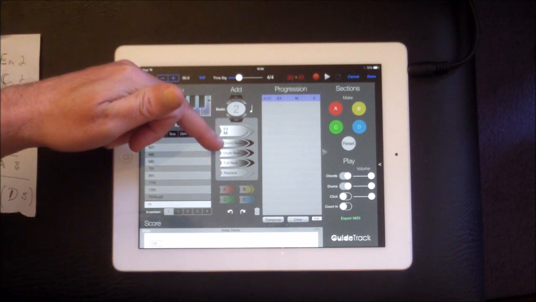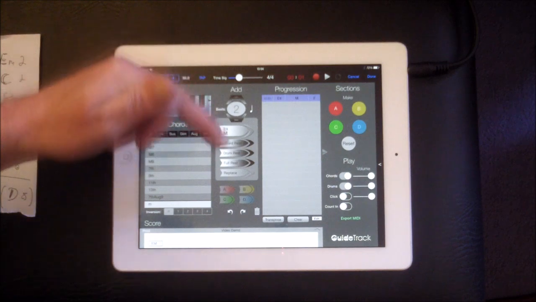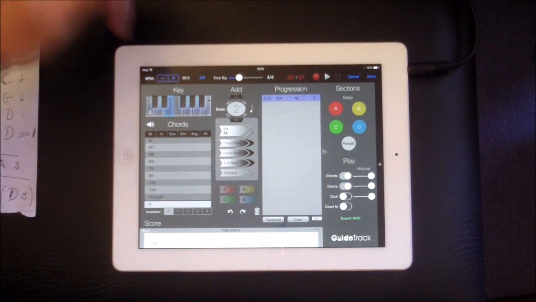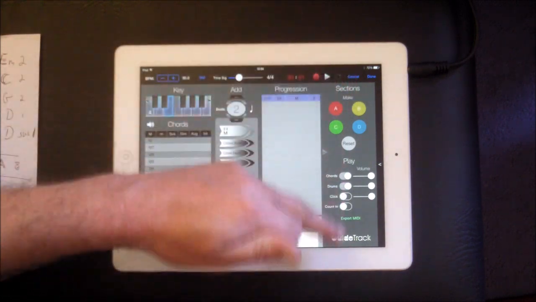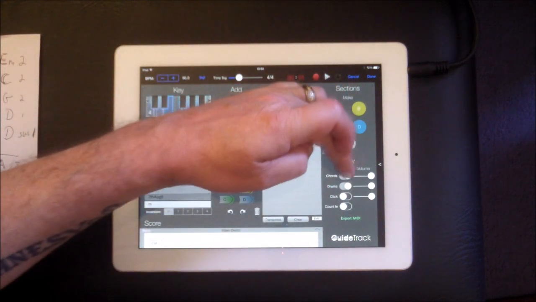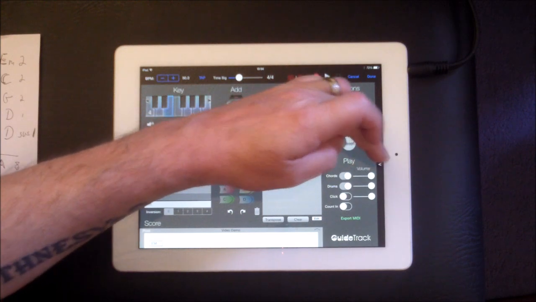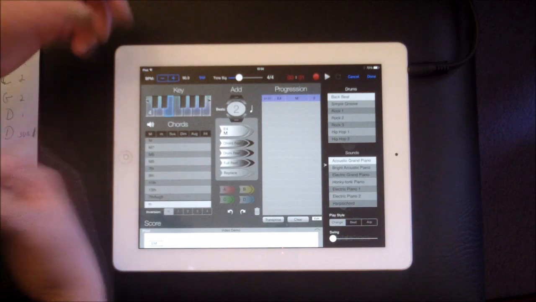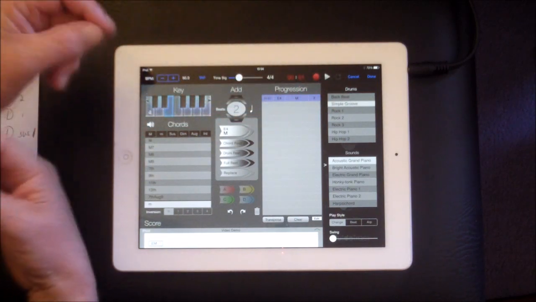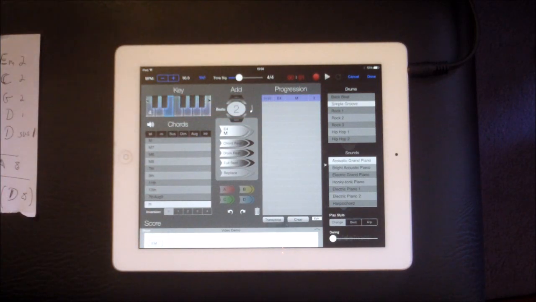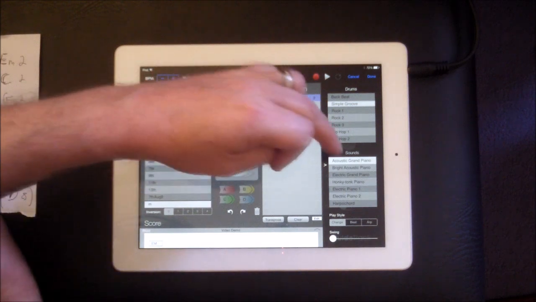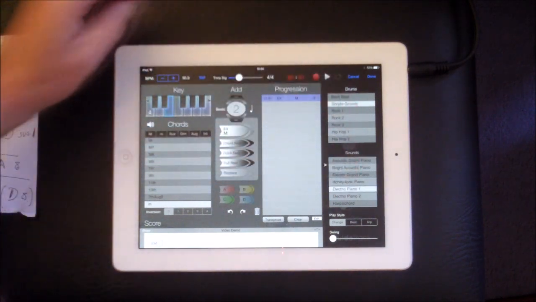Now we can have a chord rest, a drum rest, a full rest, or we can replace our section if you like. Over here we have sections. I'll get to that in a sec. We have a little mixer here, and if we hit this one here, we have a place to select our grooves. So I'm going to have a simple groove going. Now we can't change grooves as the progression goes, not in the first version anyway, but that's not really the point, it's just something to play around with. And I'm going to have it play with an electric piano.